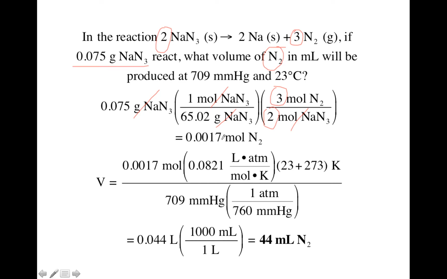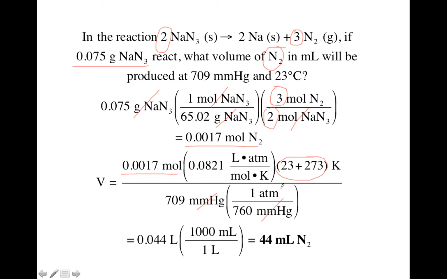asked for volume, so we're going to stop there and then take the moles we just calculated and plug it into PV = nRT. So we know V is nRT over P. So we plug in the moles we just calculated here. R is a constant. Temperature was in Celsius, needs to be converted to kelvins by adding 273. And the pressure was given in millimeters of mercury, and it's supposed to be in atm, so we divide by